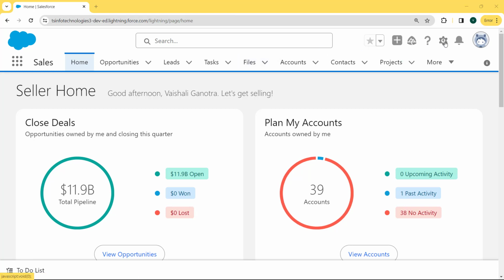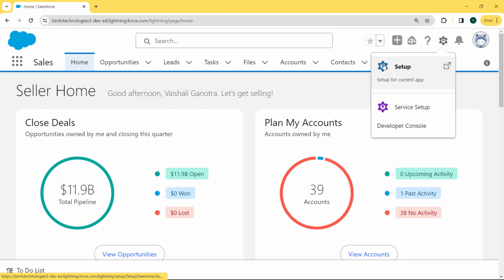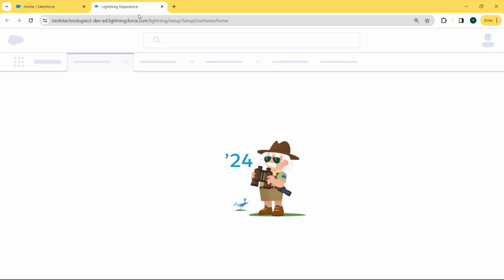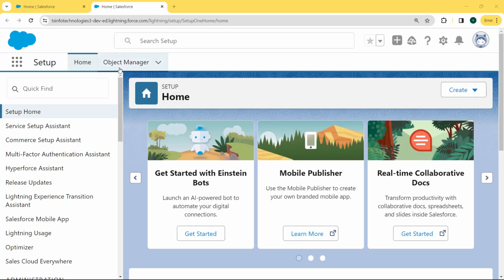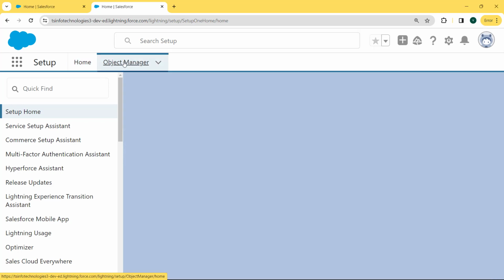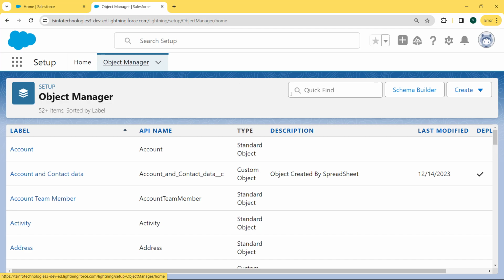So for this, we first click on the gear icon, and after clicking on the gear icon, we can see under this gear icon, the setup option is present. Click on this setup option. Our setup page is open, and under this setup page, we can see there is an object manager tab present on the navbar. So click on this object manager tab, and here we can see lots of objects are present,